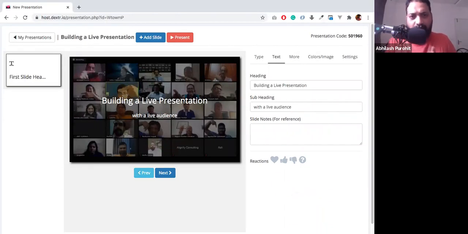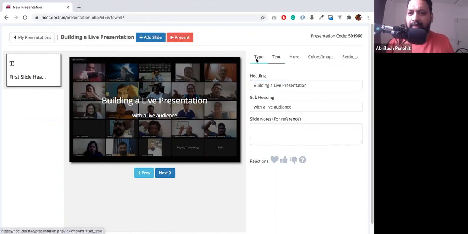So we've got this. As you can see, unlike in PowerPoint, I don't have all of these things where I say add text and then control the font size and all of that. What that does is that it lets you focus. It does not make you waste time with pick this theme, pick that theme, the color is going to be this, the font size is going to be that. All of that is gone. And all you do now is focus on building the most powerful presentation that you can.